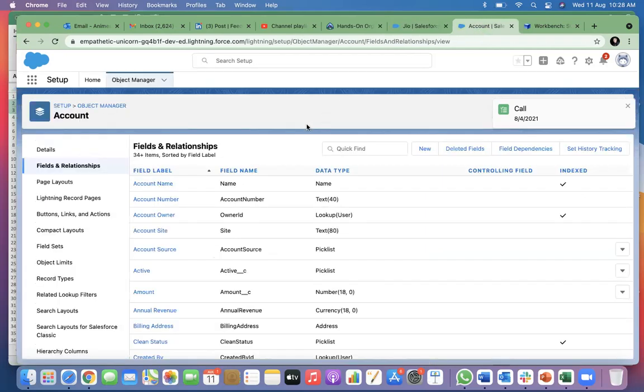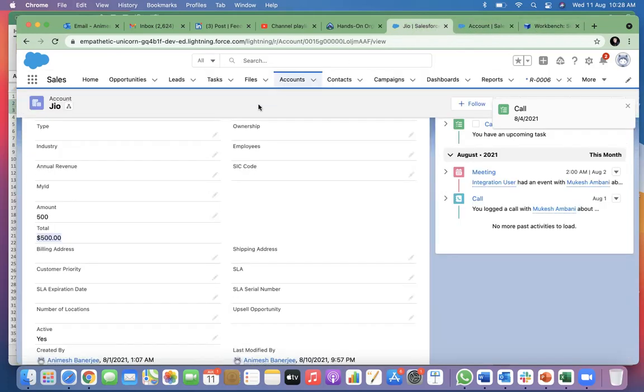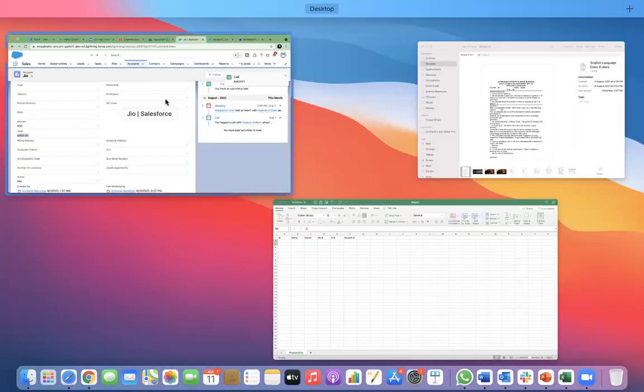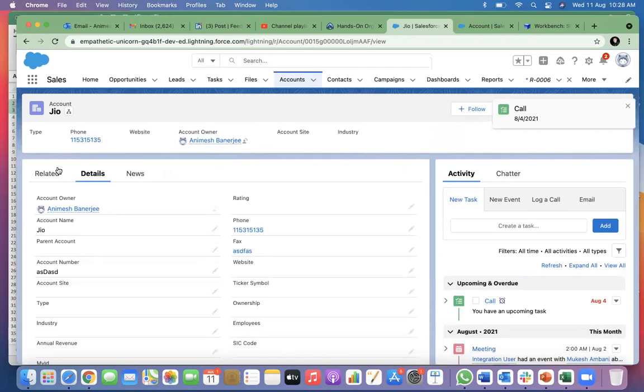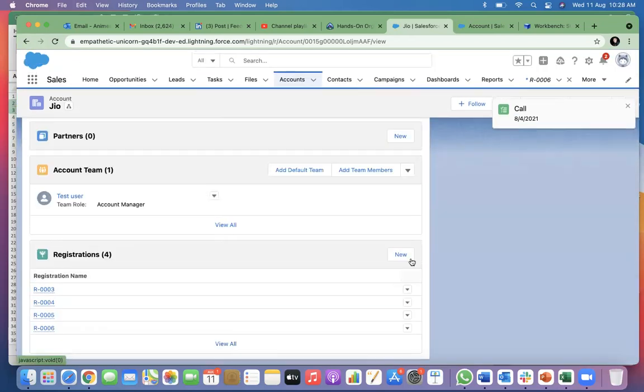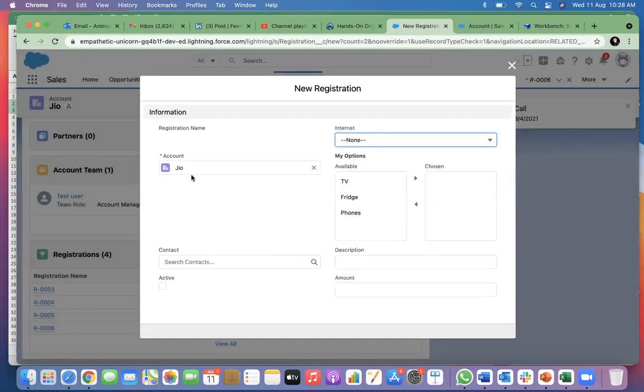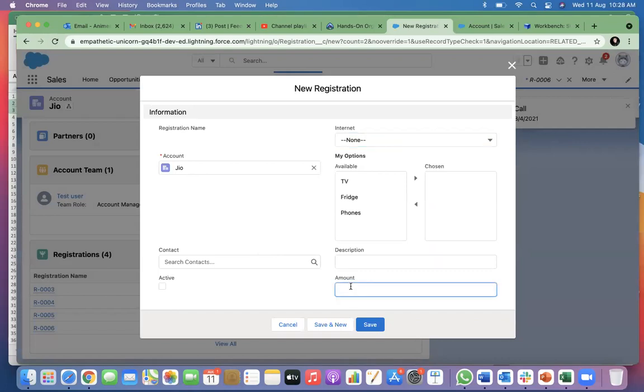If I change any of this count or I add a new child, I go and add a new child. Now I have 5 more 500.